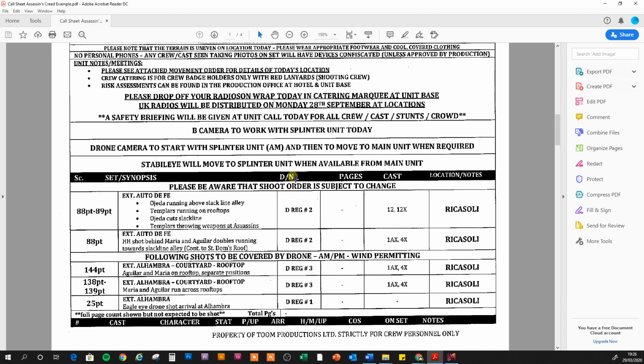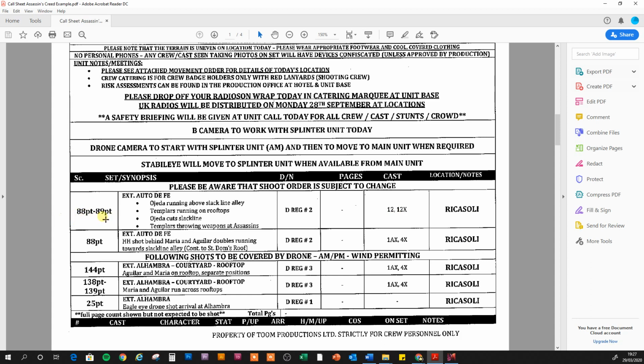I'm not sure what that means. What page number of the script it is. What cast? Every cast member gets a number. So instead of having to write the name of the cast member, they just write the numbers down. And that's what the location is. So it tells you, you know,